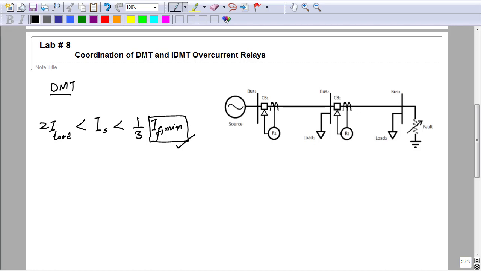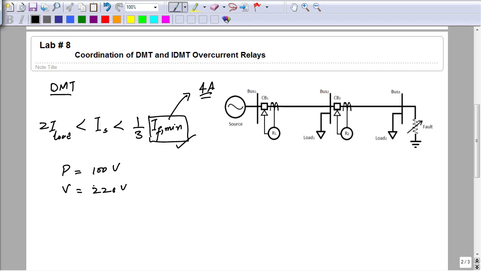And here, just to give you a demonstration, I will assume that this current is, let's say, 4 ampere. IF minimum is 4 ampere, for which coordination is required between these two relays. Then I load current. In this particular example, for this relay R2, there is only one load, and that is a 100 watt bulb. So the rating of this bulb is P equal to 100 watt, and the voltage at which this bulb is rated is 220 volt. So from here its current can be calculated.